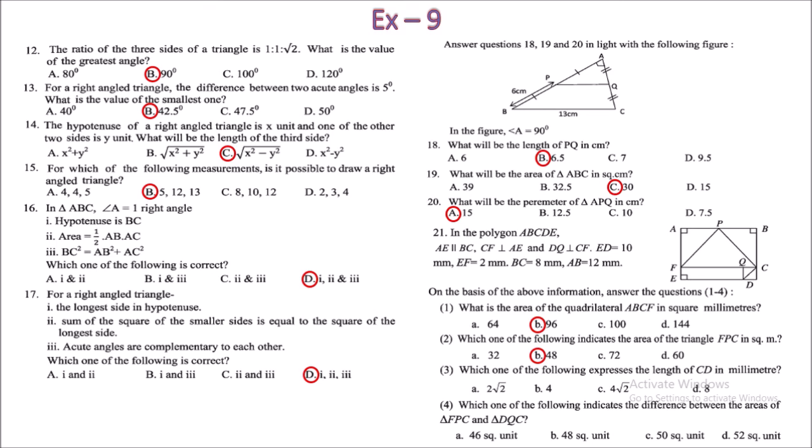Here the length of CQ equals 2 millimeter, and DQ equals 2 millimeter. So by Pythagoras theorem, if you find out, that will be 2 root 2 millimeter, that is the answer. Number 4,